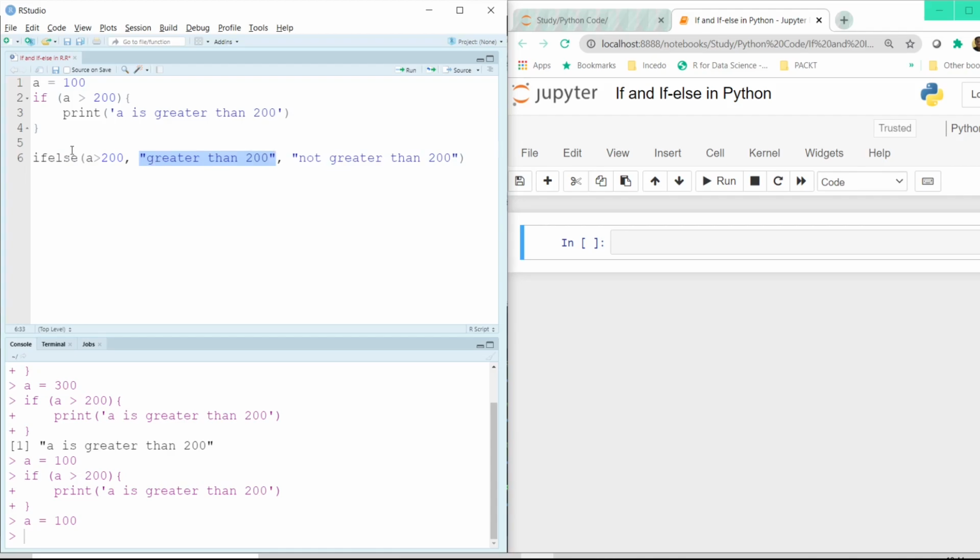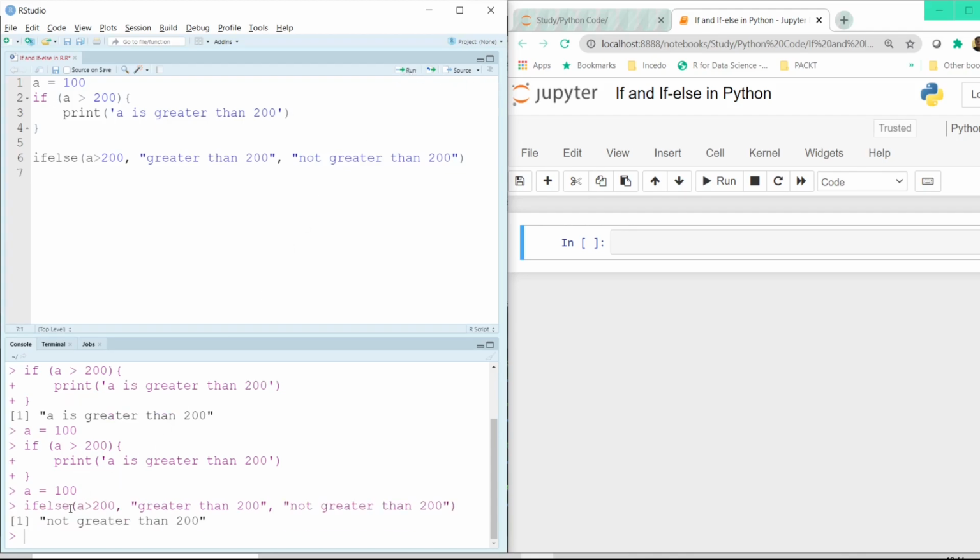This first statement in the if else condition gets executed only if the logical condition is true. If the logical condition is false, then it ignores this and straight away jumps to the else condition here. So here it will get printed as not greater than 200. So now if I execute this line, it gets printed as not greater than 200.